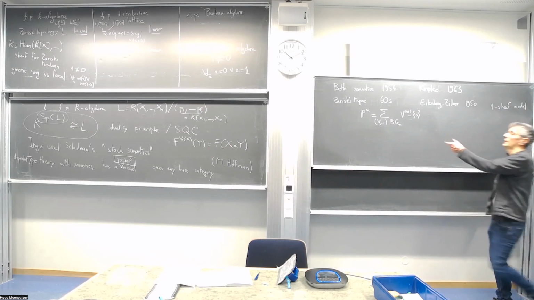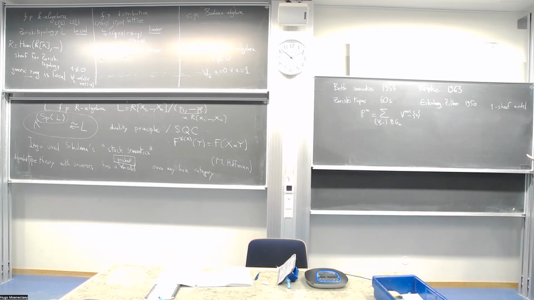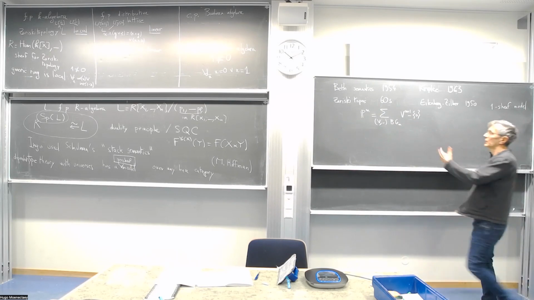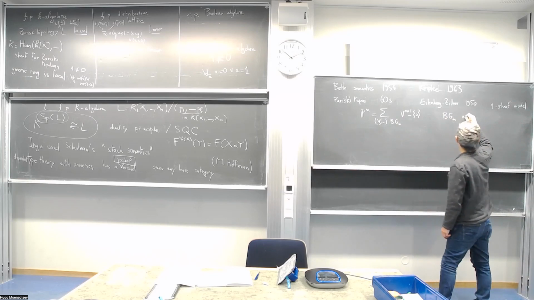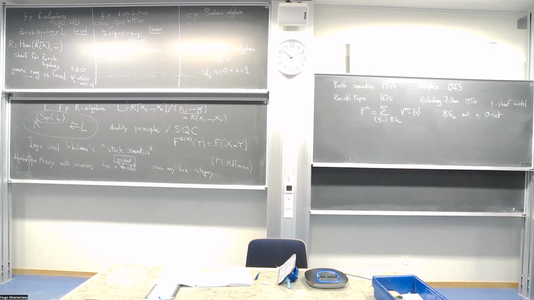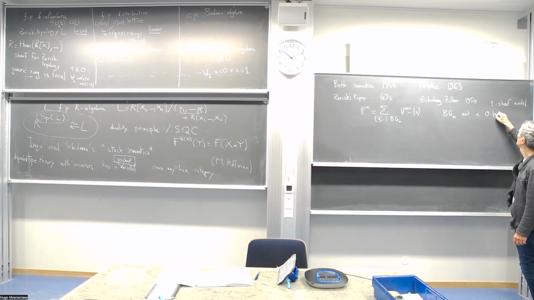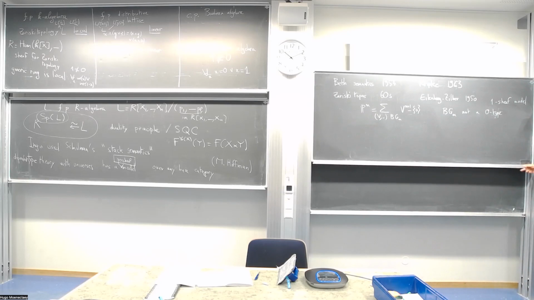And this is not the shift, so it's not 0 in the language of yesterday. BGM is not 0 type. So we need to model a more complex type than 0 type. And this was